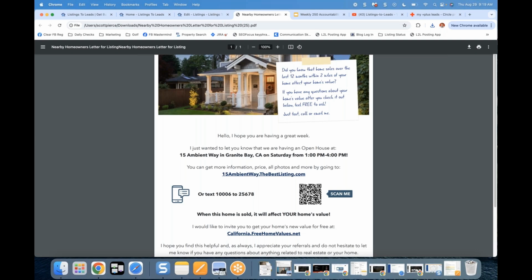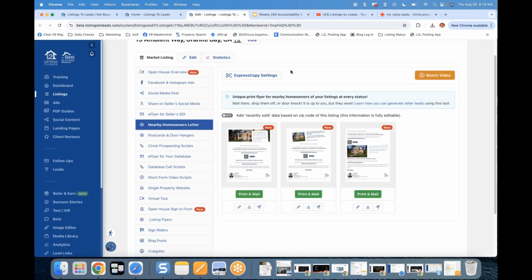So again, if you're going to do this in support of an open house, whether it's a neighborhood preview on a Thursday evening or whatever it is, that would be a phenomenal reason to door knock. Right? Hey, Scott Pierce, we're doing a neighborhood preview open house down the street at 123 Main. And I wanted to give you an invitation to it. It's going to be catered with food and drinks. So we hope that you can come by. If you're trying to engage your farm, that right there